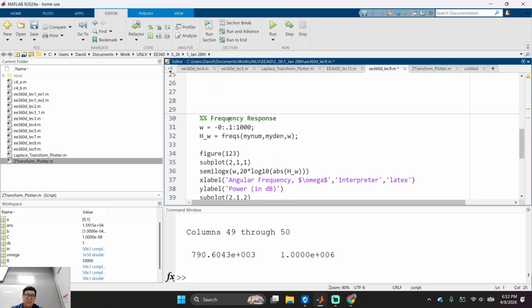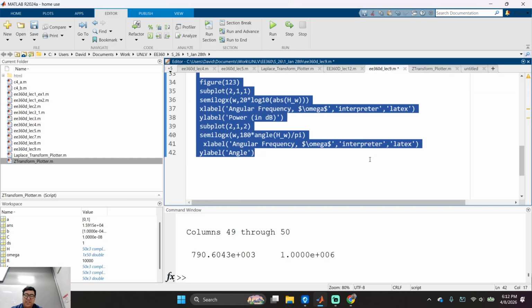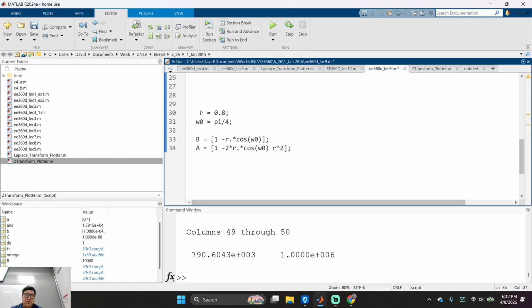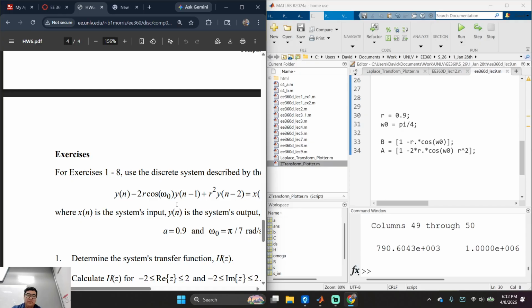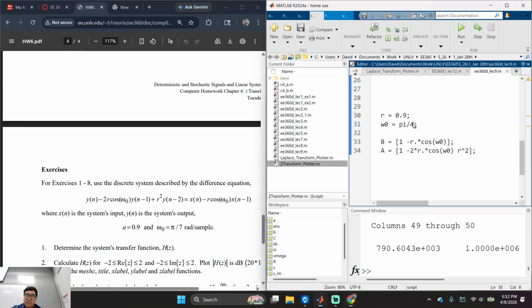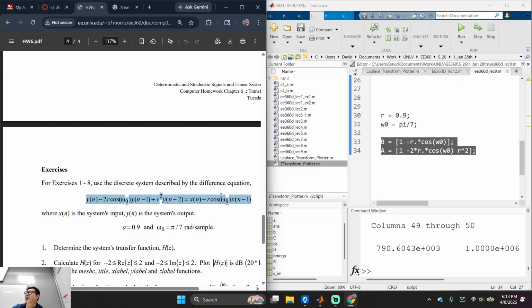Okay, and I'm going to delete all this stuff right here. Boom. Is that cool with everybody? The assignment. And then I picked this right here. Actually, I'm going to really do the assignment. Put that there, put this here. Pi over 7. And then where did I get this? The transfer function, the Z transform of this equation right here. Everyone can do this, right? From the last class, I don't want to waste time on this.